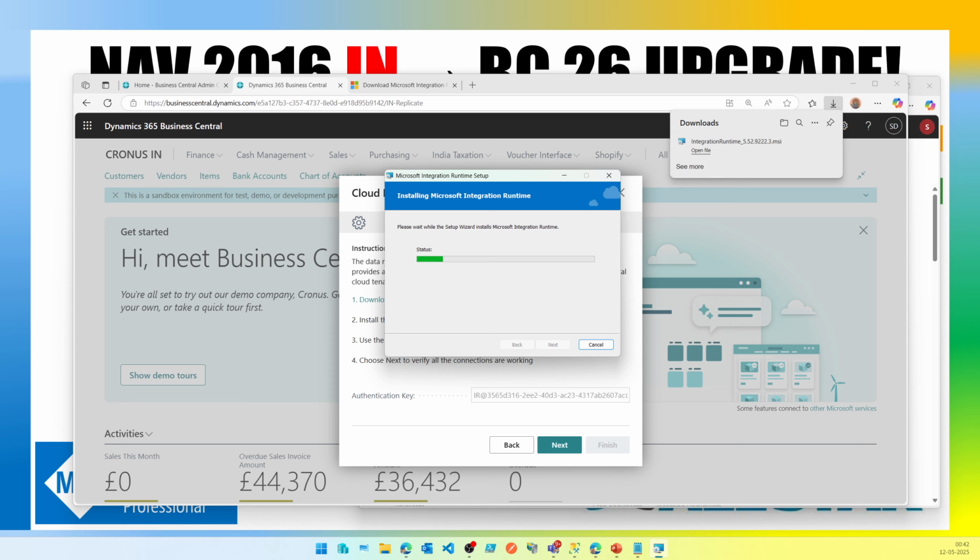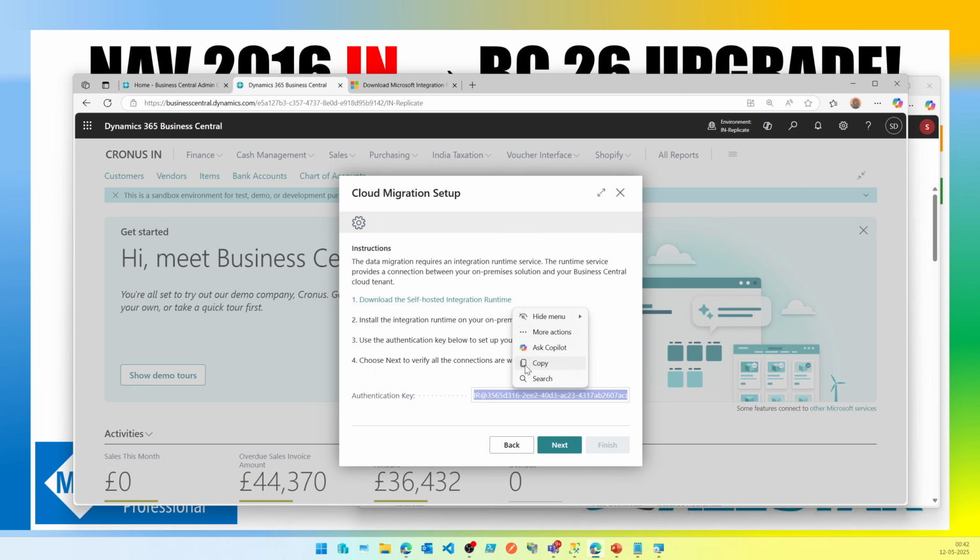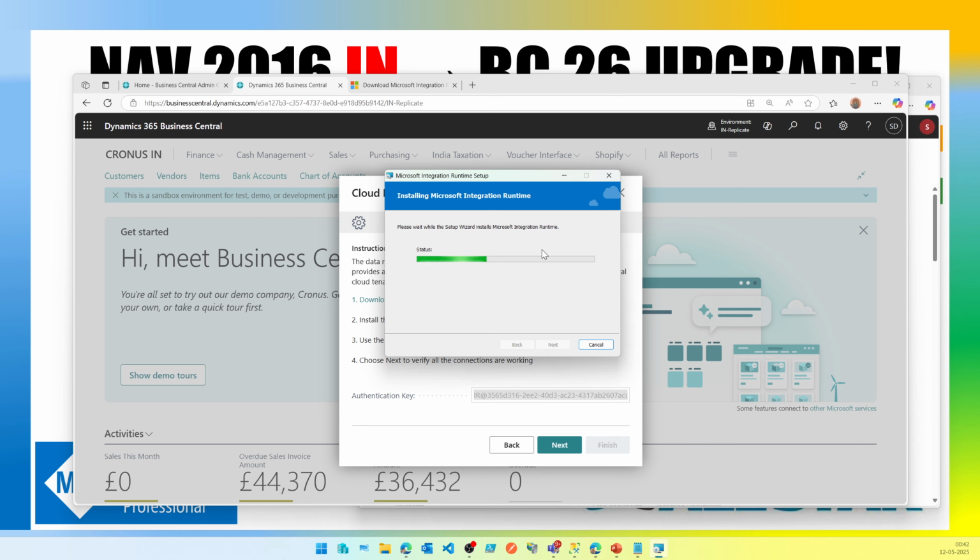Okay. So as this gets installed, it sets it up, and then once it gets installed, we'll have to use this authentication key that is listed here. So I'll just copy it to register my cloud instance with this on-prem instance that I have defined in the previous setup. Based on this unique authentication key that we see on our screen, both the systems get connected with this component, and then this component copies your data from your on-prem environment to your cloud environment,